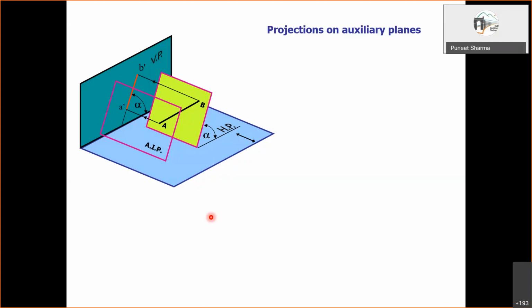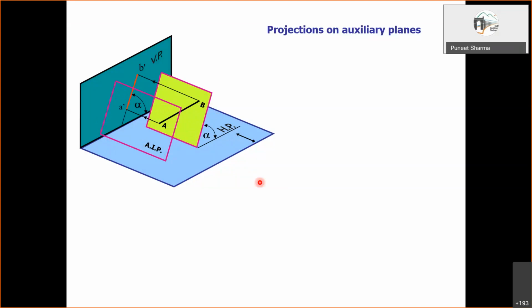So you see, effectively, the purpose of drawing this yellow plane in this diagram is to let us visualize in an efficient manner that this capital A capital B is parallel to this newly chosen auxiliary inclined plane, right? Since we chose a plane containing AB, it is easier for us to visualize that this AIP is parallel to this line.